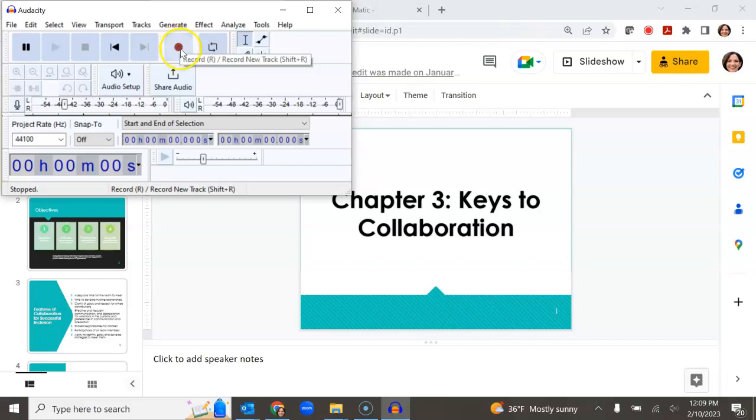Okay, so I'm going to go ahead and read this one as if I'm recording this slide. So I push the record button. Chapter 3, Keys to Collaboration. And then to stop it, I push this button right here, the square. All right. So now I have my audio recording. If you want to test it, you can, although at the point that we're at, I'm beyond testing it. So chapter 3,